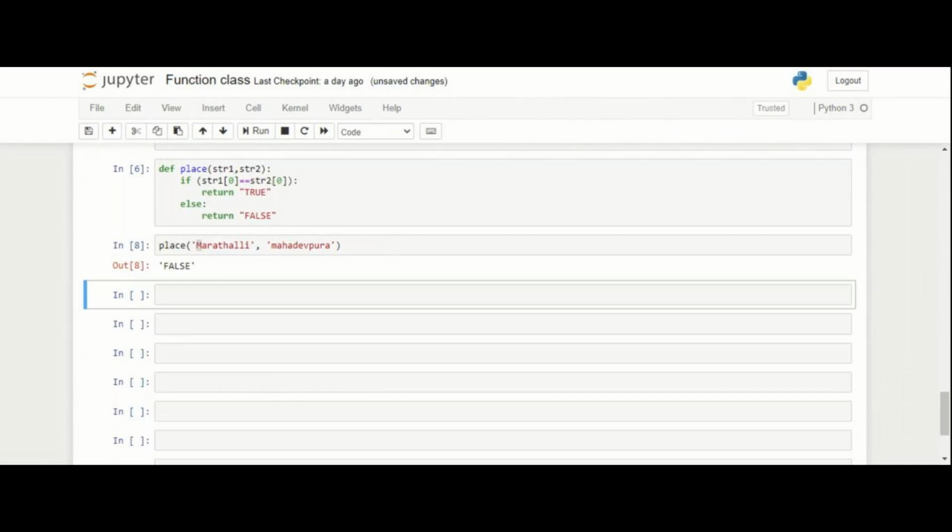Okay. Understand the question, right? Take any three numbers, and if the sum is equal to 20, then it should return me true, else it should return me false.